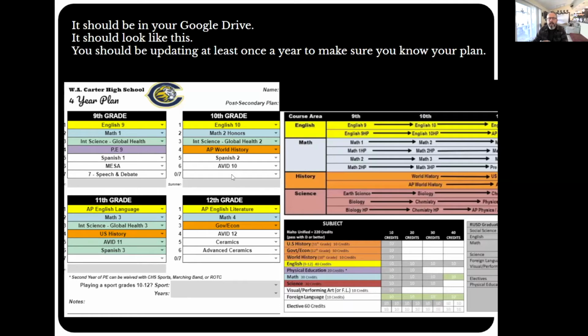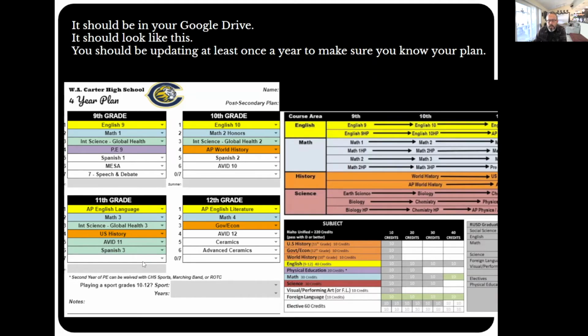So it's definitely time for you to get in and update this document, and then you can start looking at what 11th and 12th grade are going to look like. You'll notice, guys, that next year as an 11th grader, you're going to have an English class, a math class, you're going to be finishing up your 3-year science sequence, hopefully. You're going to have history, and then you've got room for 2 electives. For a lot of people, that's going to be foreign language and something else, but we'll be talking about those elective options here in a little bit. So again, time to get in and update your 4-year plan